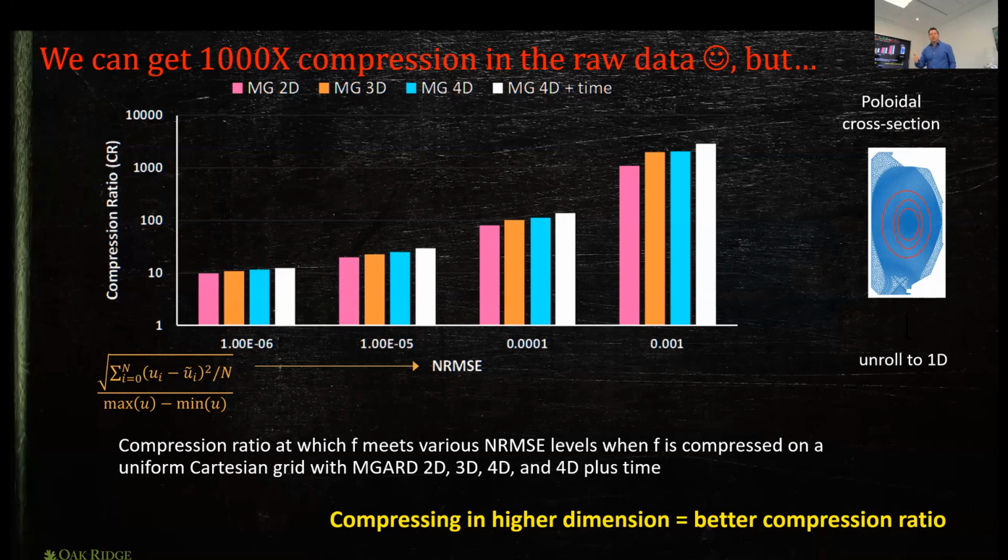And one of the things that this graph shows is that if you compress 2-dimensional versus 3-dimensional versus 4-dimensional, or if you want to call time a dimension, you'll get higher compression ratios. Not all the compression routines in the DOE ECP world actually do multi-dimensional. This data is hard to see, but if you go in this close, you can see there are triangles. It's an unstructured mesh. So it's a 3-dimensional unstructured mesh. So you have to care about it.